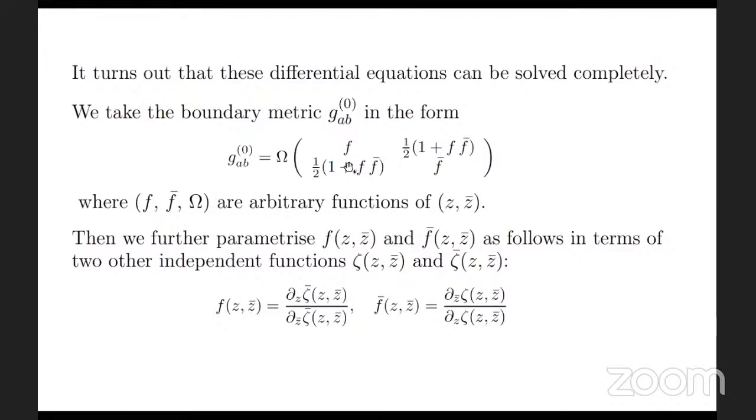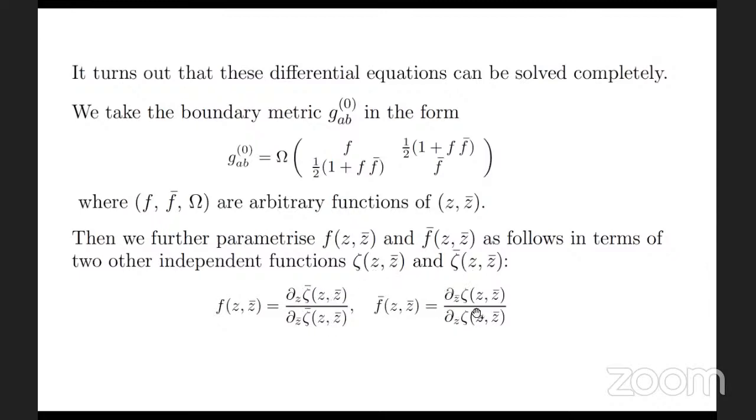So one important aspect that we used is a nice parameterization, which will be useful for us later on, of G0AB, which is the boundary metric on this, the part of the celestial sphere, if you like. I will take it in this form, where omega is the conformal factor times F. So F and F bar along the diagonal, and these guys along the off diagonal. When F and F bar are 0, of course, this is omega times flat space. Okay, and these functions F, F bar and omega are functions of Z and Z bar alone. Then I will parameterize F and F bar in this fashion in terms of 2 new functions, zeta and zeta bar,